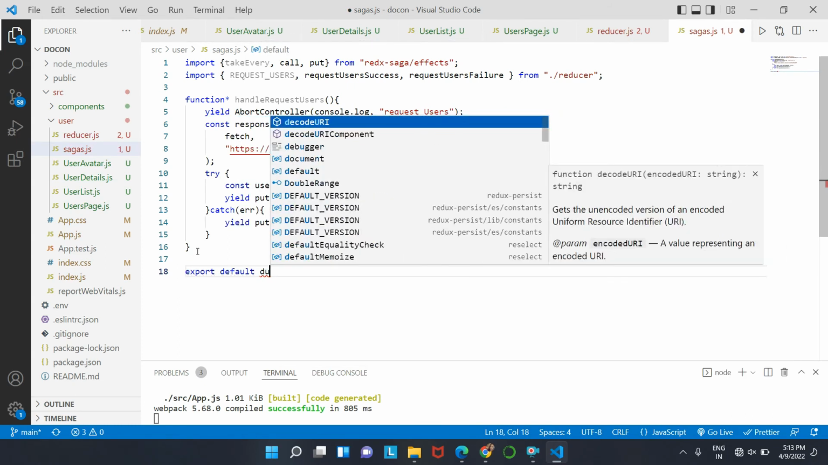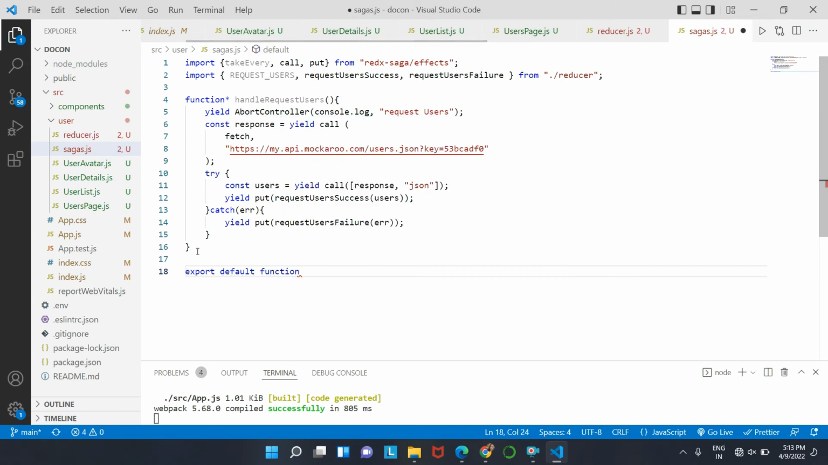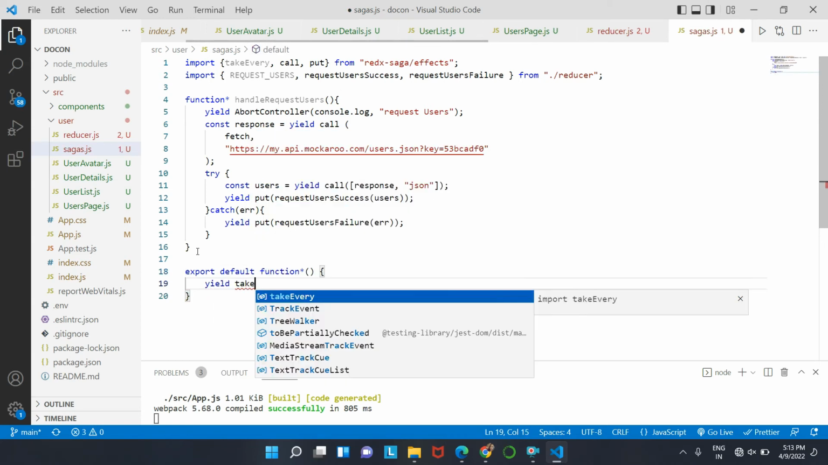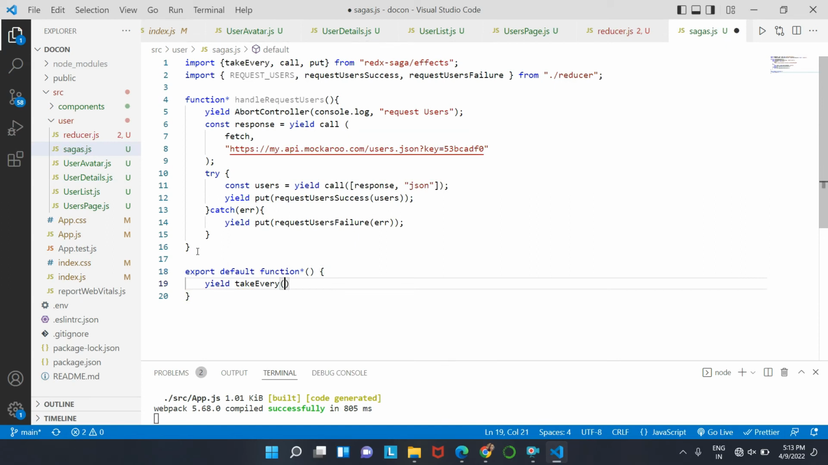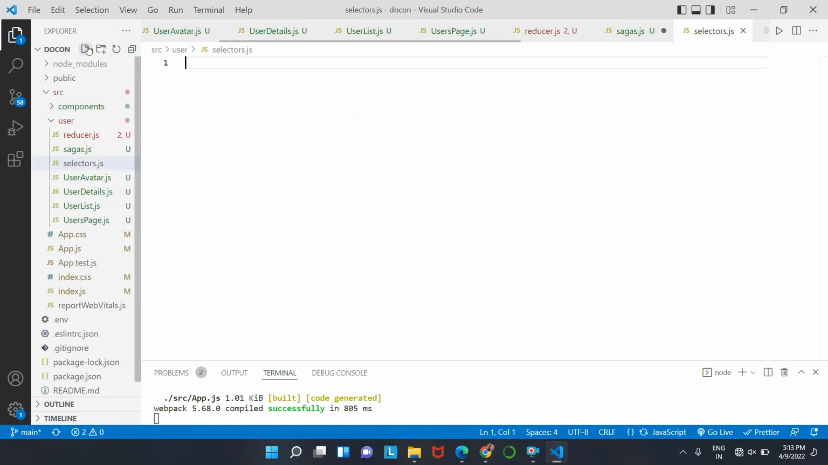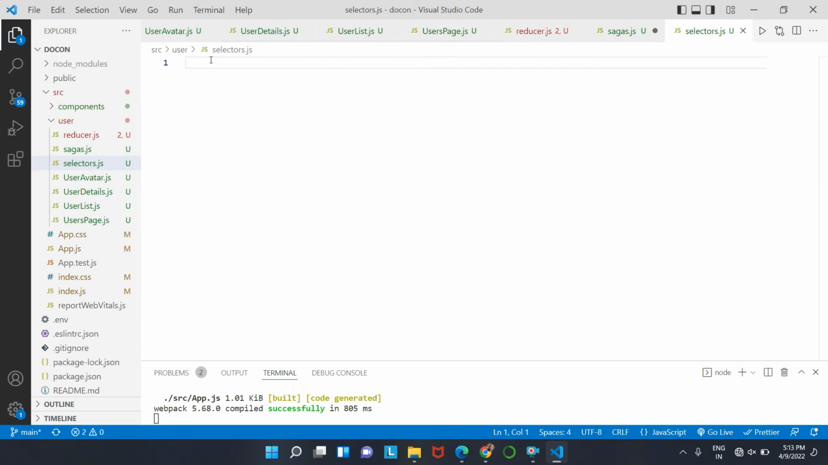Export default function, yield takeEvery request user, handle request users. Lastly, we are going to create our selectors file. Selectors.js,